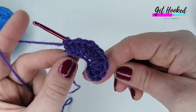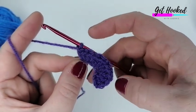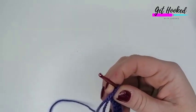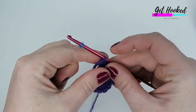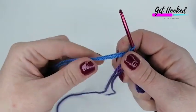So by now we should have 12 treble crochets in total, and at this point we are going to change colour for round 2. So if you'd like to get your next colour, and we will join it by just pulling it through there. Pull down on your previous colour,